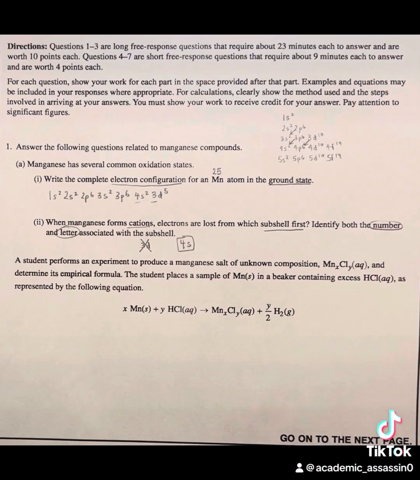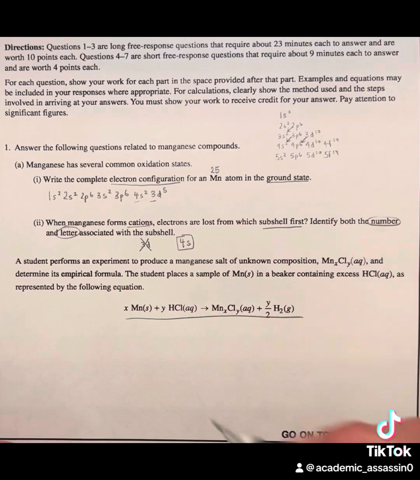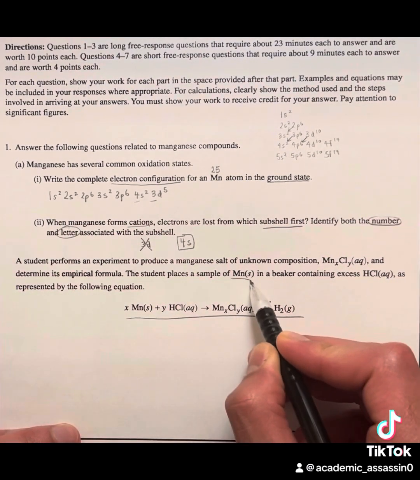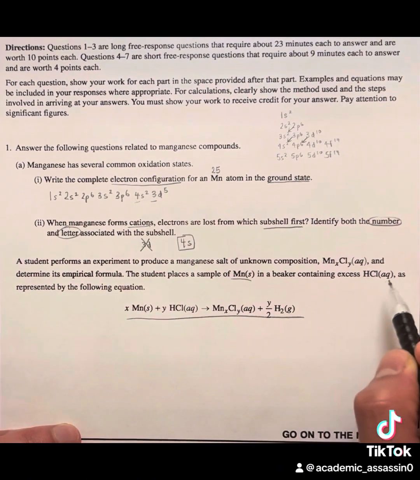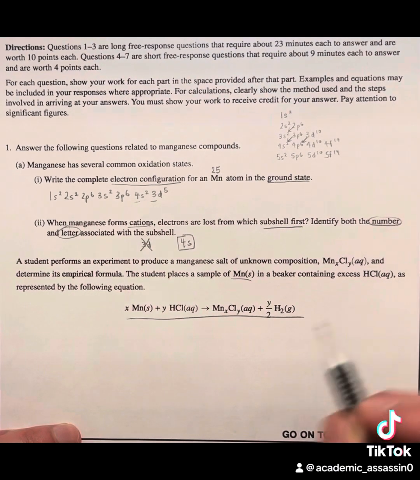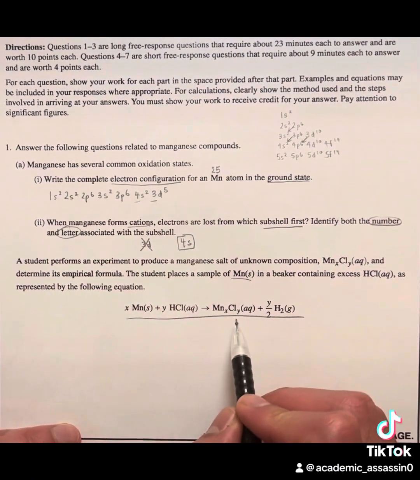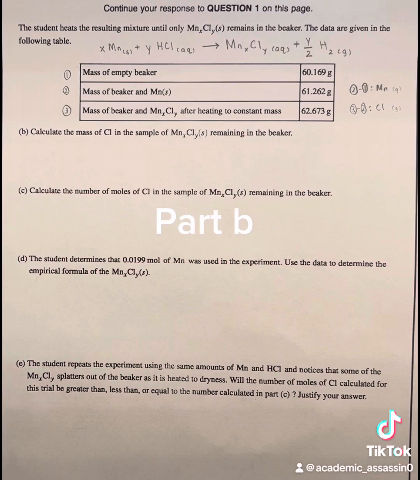Now, a student performs an experiment to produce a manganese salt and determine its empirical formula. They do this by placing a sample of solid manganese in a beaker containing excess aqueous hydrochloric acid, as represented by this equation. We're given the following data about the mass of the beaker and manganese solid and the beaker and the manganese salt, and we're asked to calculate the mass of chloride in a sample of the manganese salt